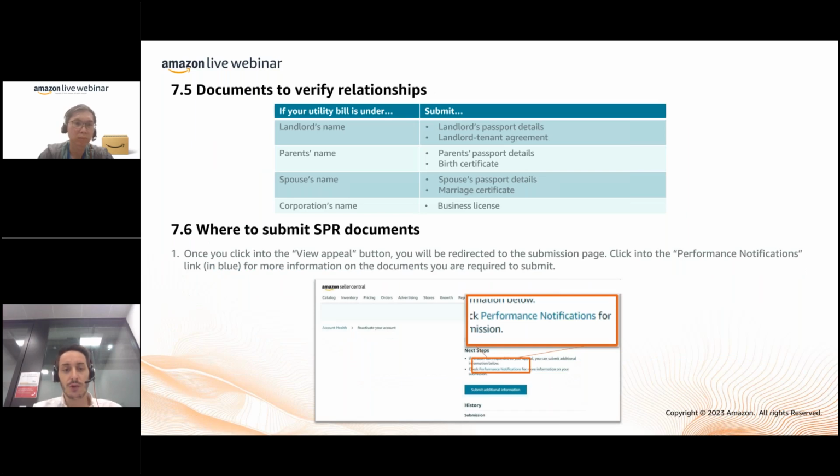We also do accept some utility bills that might not essentially be under your specific name, but you might have them under one of the relationships. So either if it's your landlord, your parent,